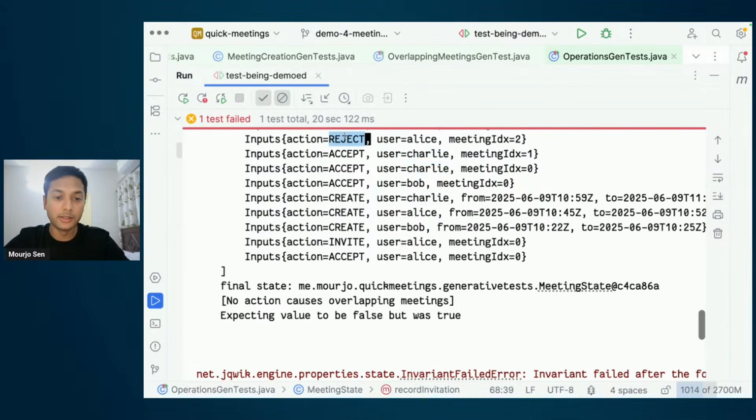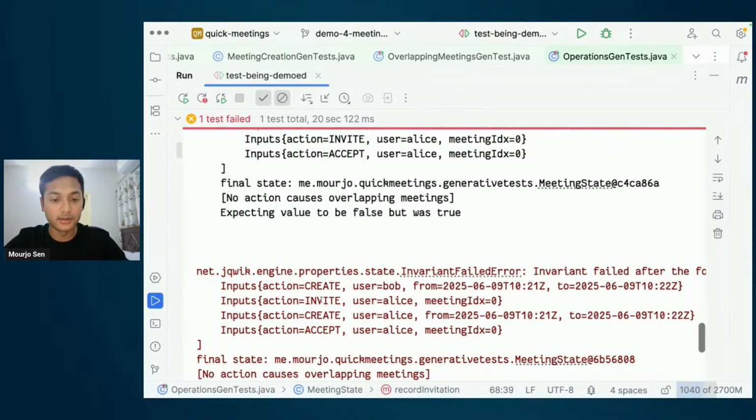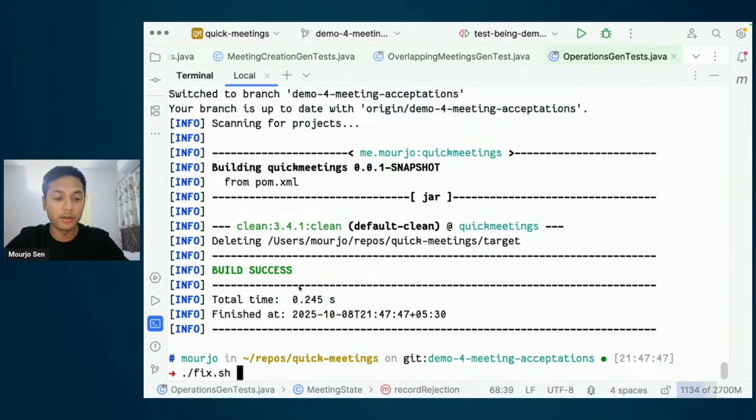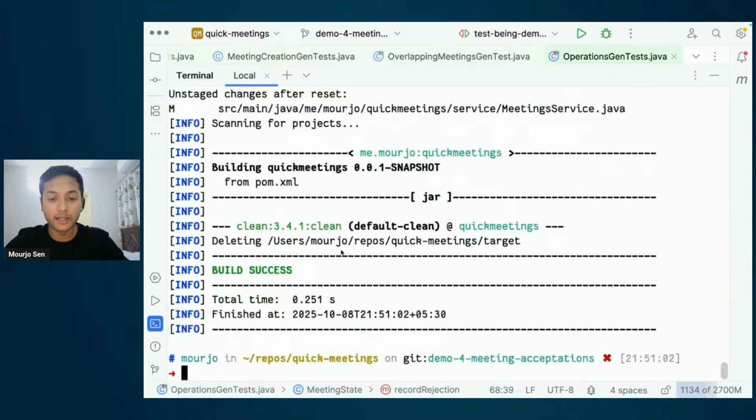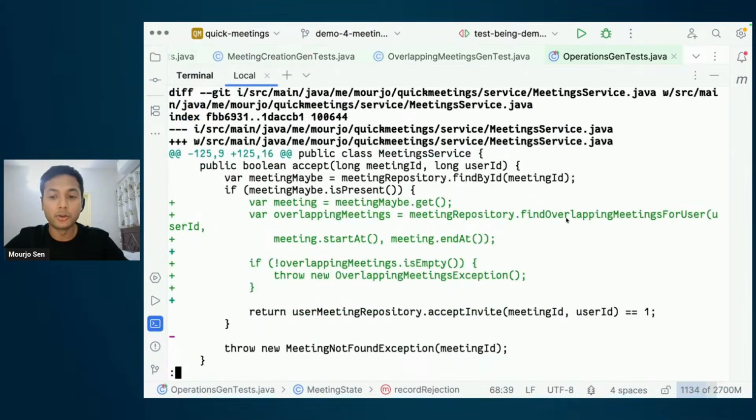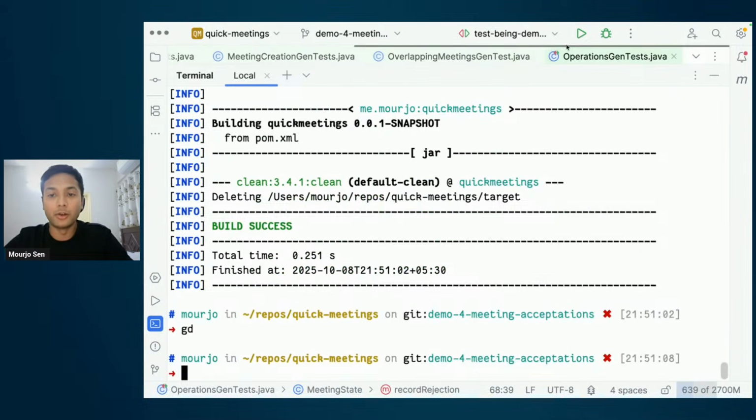Similarly, the action reject is not something that is part of this input, and it was removed from the shrunk sample, so that I, the developer or the owner or the author of the test, could figure out what is going on and explain to you in a call that, hey, you know what, this is going to break expectations. And the fix is not that important, but the fix was in the accept action. We should also check whether that action is going to cause an overlapping meeting or not.